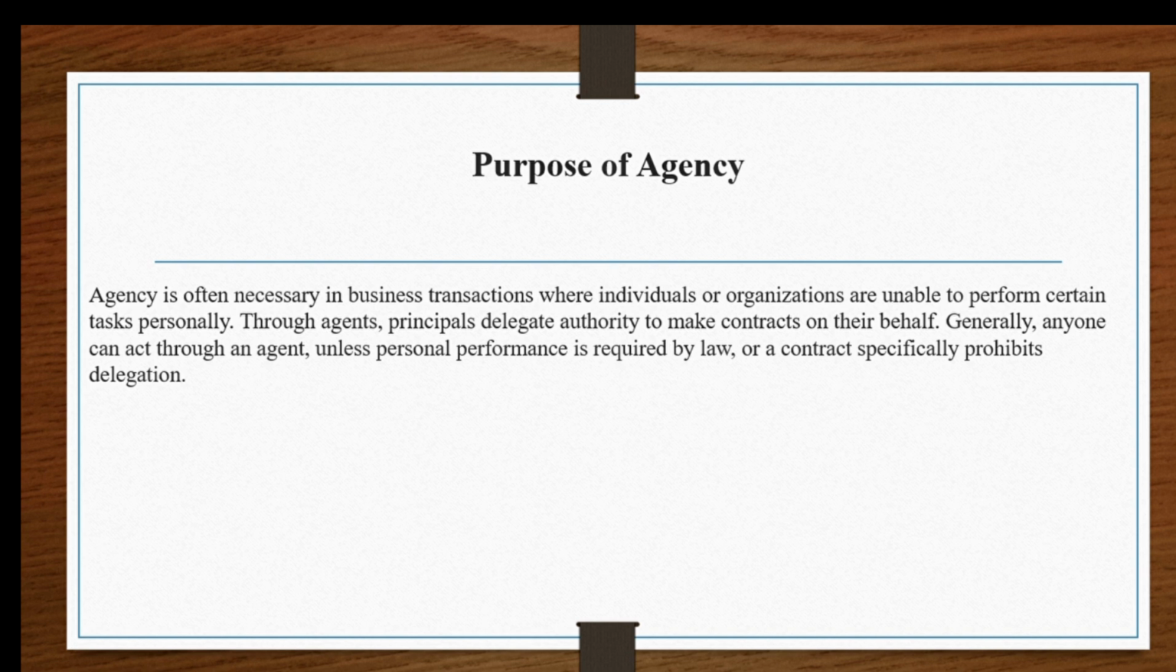So through agents, principals delegate authority to make contracts on their behalf. Generally, anyone can act through an agent unless personal performance is required by law, like where they don't allow you to act through an agent and require your personal performance, or a contract specifically prohibits delegation of work. So that is our